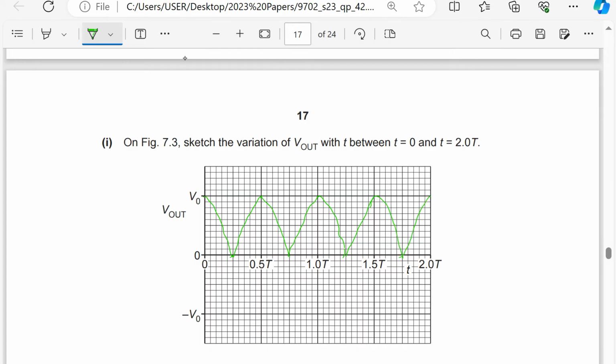Okay, you can draw something better than mine. It is not a straight line, these are curves. Okay, so that is the graph here for full wave rectification. Then the next part,